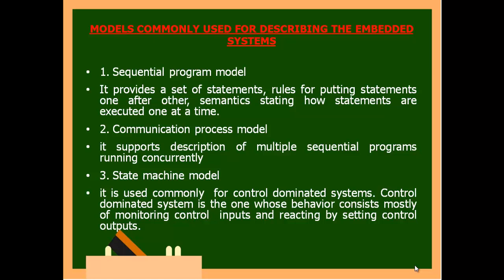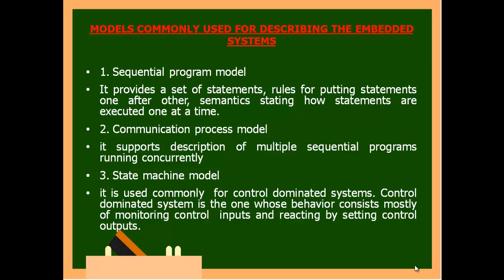Everything is based upon the state. When you take it and keep it on your ear, there can be two states: either you hear the dial tone, or nothing. If you hear the dial tone, you put the coin inside. Once you put the coin, it goes to the next state that asks you to type the number. Here again you have to enter a proper number, otherwise it will come out. At every stage, if it fails, it will return the coin; otherwise it will hold the coin. That is the best example for the state machine model.